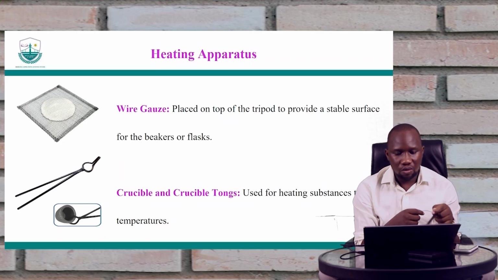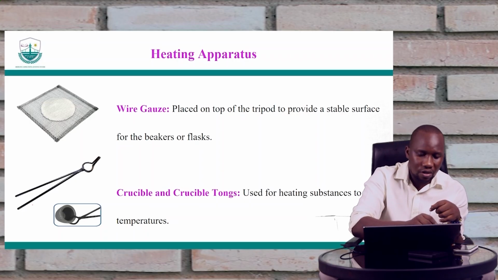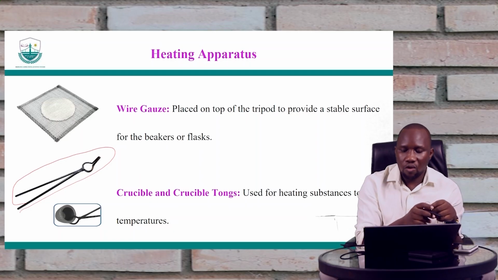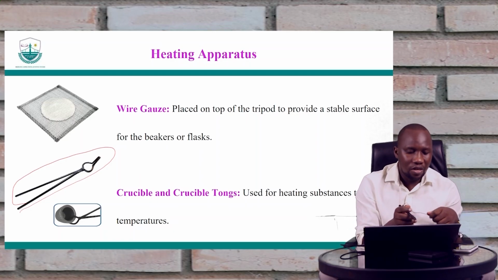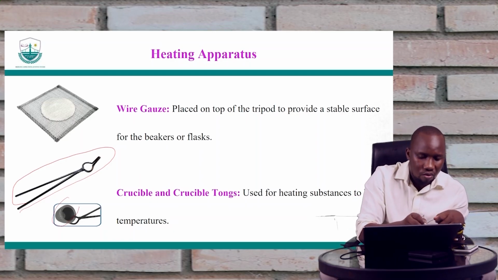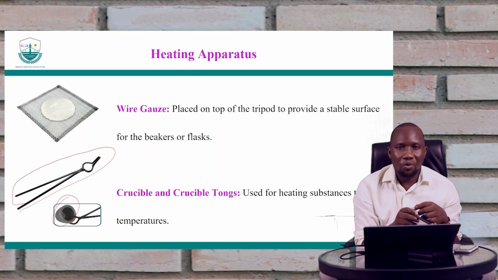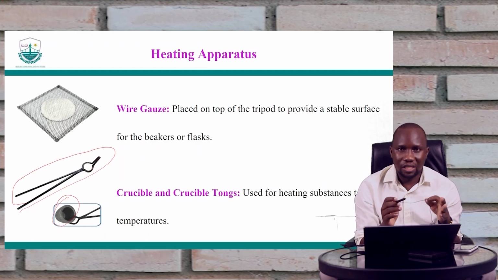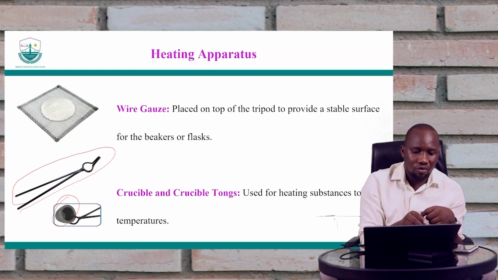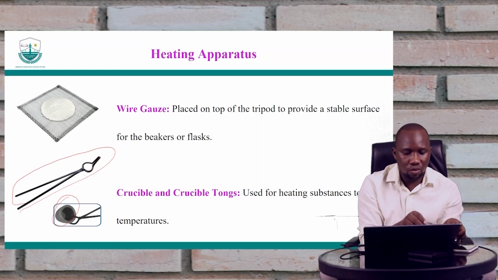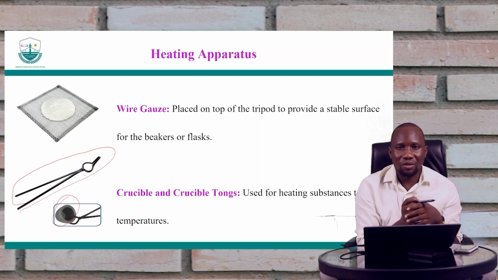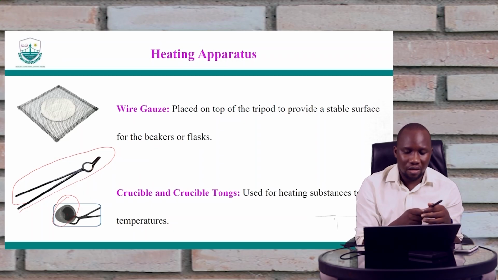And then we have what we call the crucible and the crucible tongs. These are the tongs. This one here is used for holding hot things, isn't it? So this is the crucible. The crucible is used for heating substances. So if you have heated a substance, you don't need to hold the crucible directly with your hands, but you can use the crucible tongs to be able to